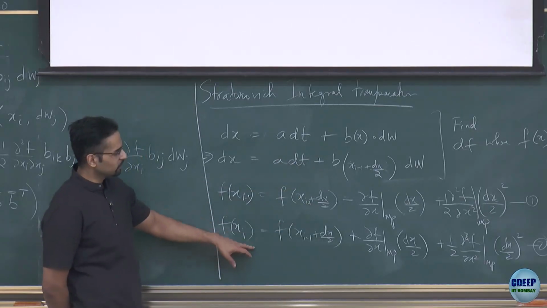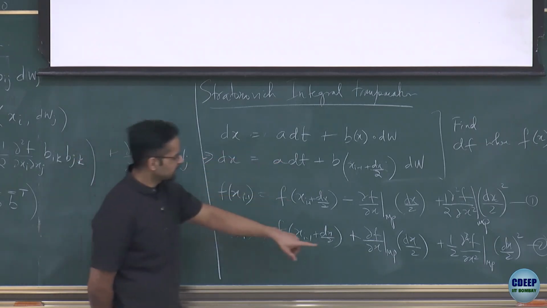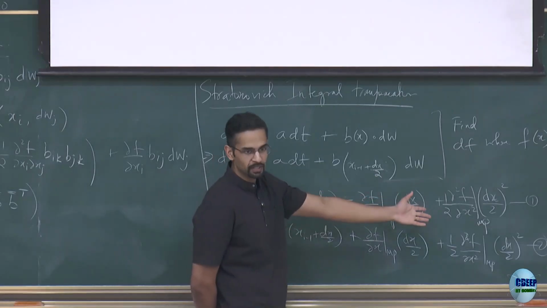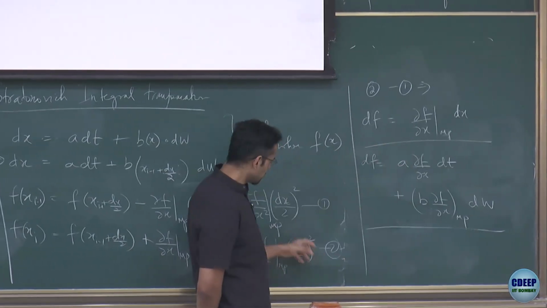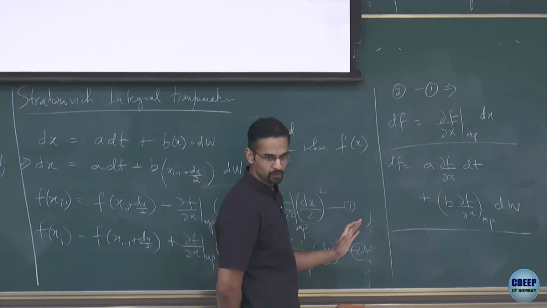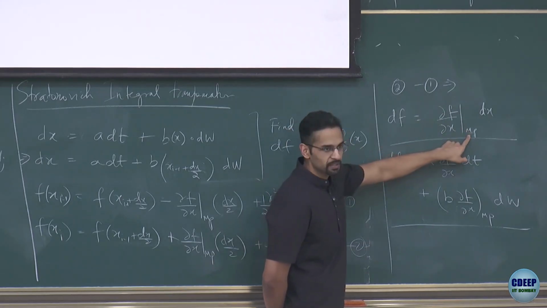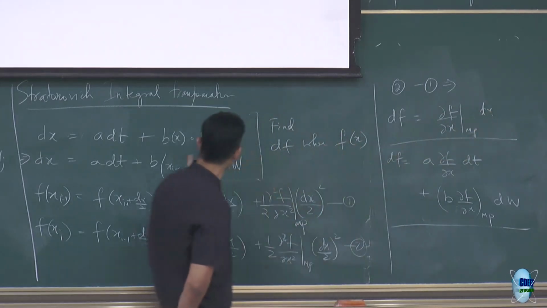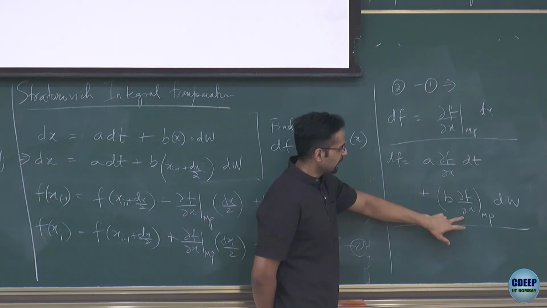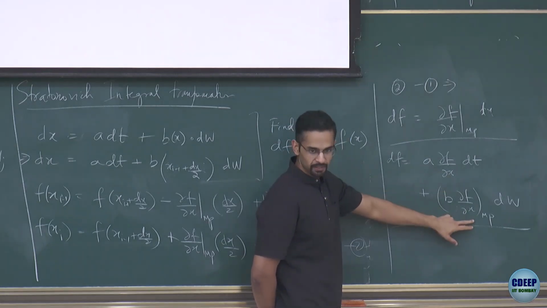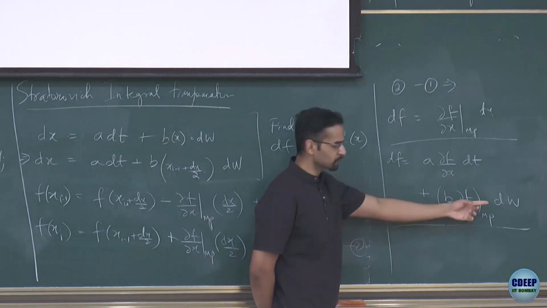Now when we do the same thing and you take the difference, you get f at x_i minus f at x_{i-1}, which is df. The only thing that survives is the first order term, the second order term vanishes. So I get exactly, up to dx squared, and higher order terms you can anyway show will drop out. So then we have df equal to df by dx at the midpoint times dx. This dx I substitute back from the Stratonovich equation, which I can do. And now I'll get this at the midpoint and b into df by dx, the whole thing evaluated at the midpoint. So I change the diffusion term in front of the dW,